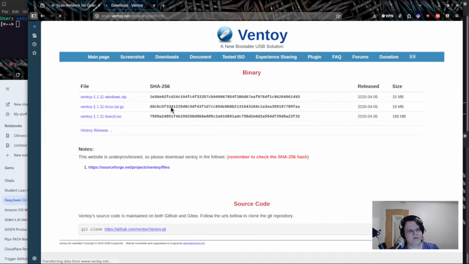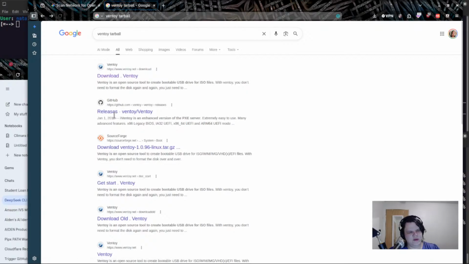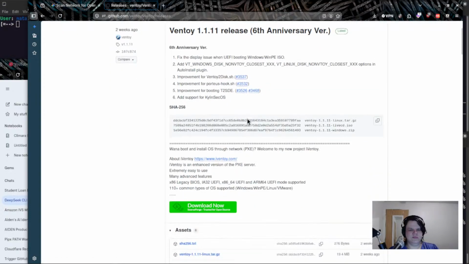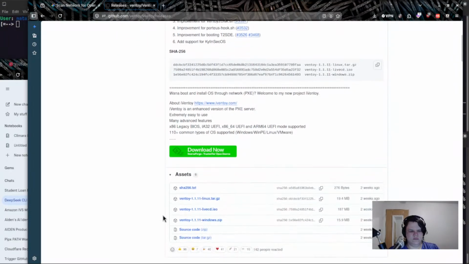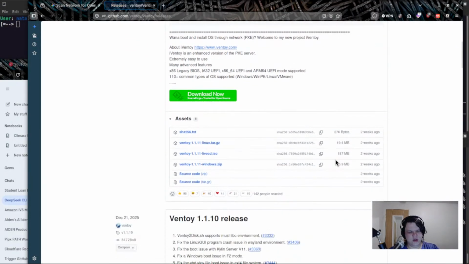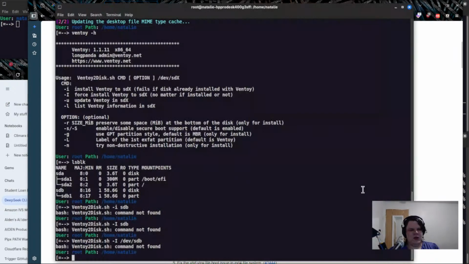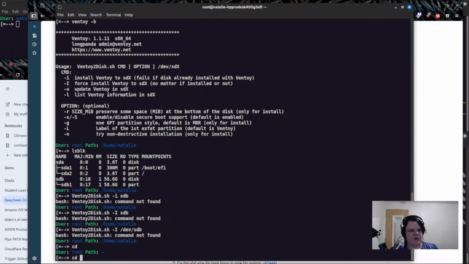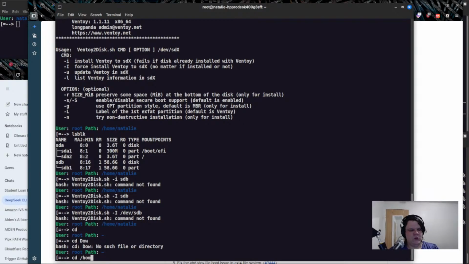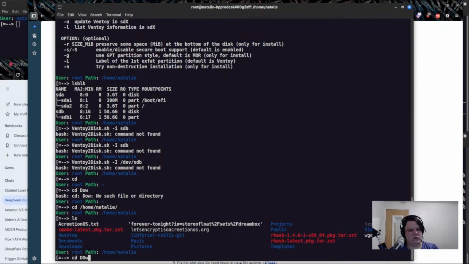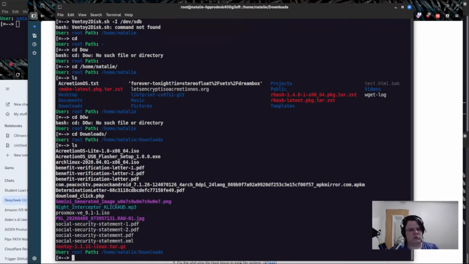Or even better, all that's gonna do is send you here. Yeah, this is a newer version. So you'll grab the tarball, go into my downloads folder, list it out, and as you can see here, all you gotta do is extract it.